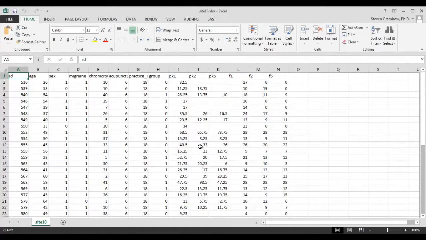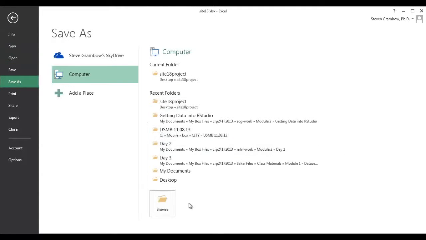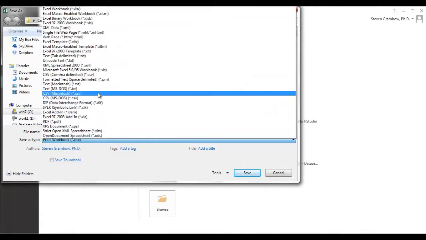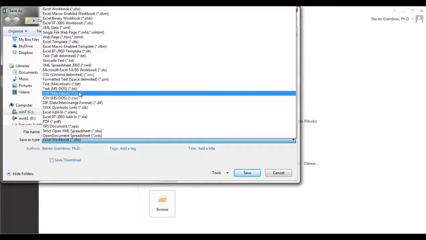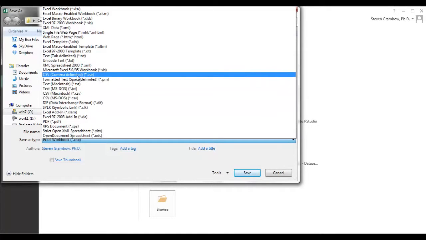So here we have the data. We've seen this before. So we're going to go ahead and save this as a CSV file. We're going to go into Save As, and we're going to go back into the Site 18 project folder. It defaults to Excel Workbook. Let's switch that down, and there are several CSV formats. We want the one that is just CSV, not the Macintosh or DOS CSV, just the regular CSV comma delimited